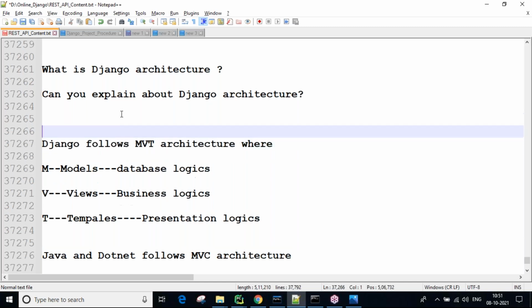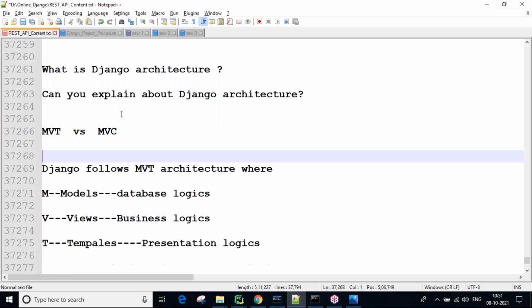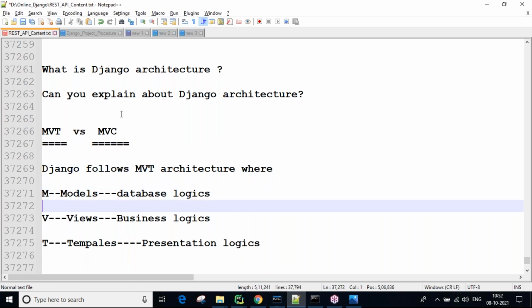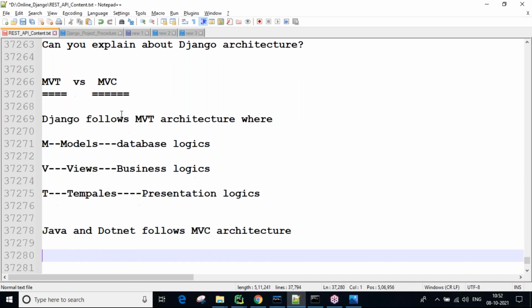Sometimes the difference between MVT and MVC is asked, so we need to give some basic clarification.